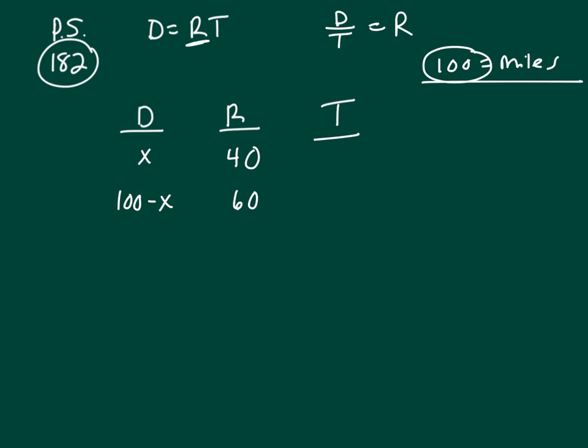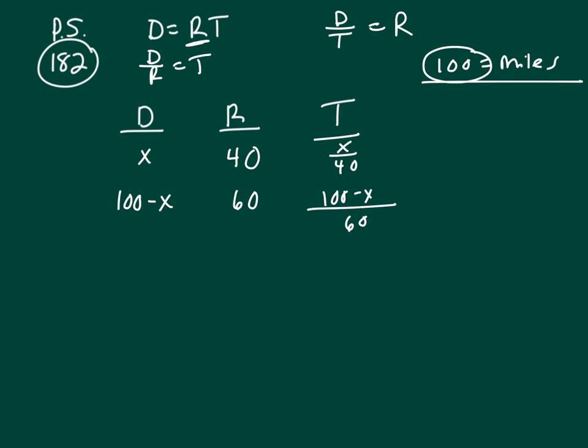With a distance, rate, time problem, you always set up a chart. You fill in 2 columns, and then you use the formula to solve for the third column, the blank column. So in this case, the blank column is time, and we know that D over R equals T. So that means X over 40 is the time for the first leg, and then (100 minus X) over 60